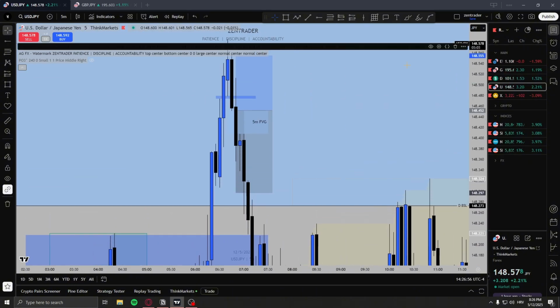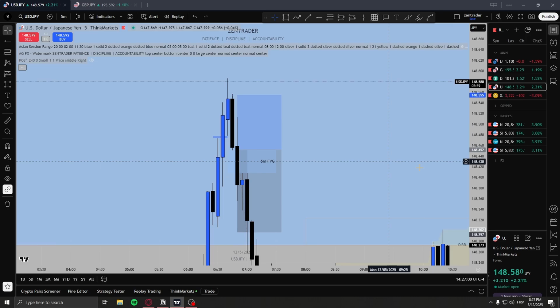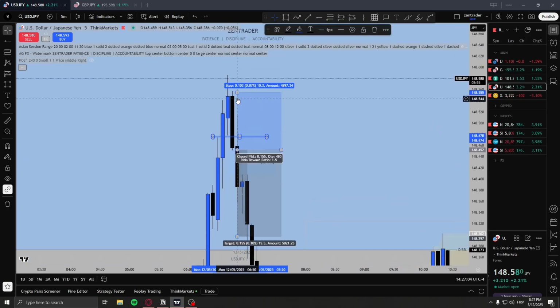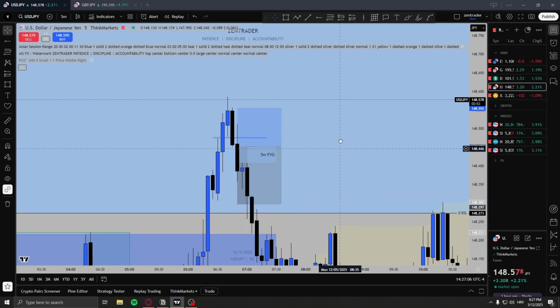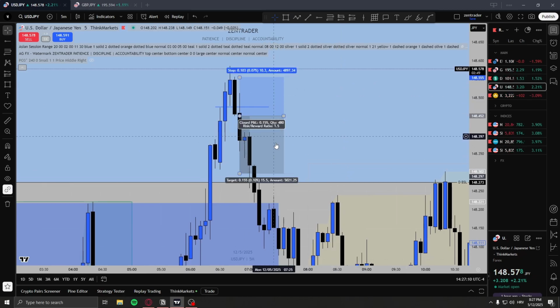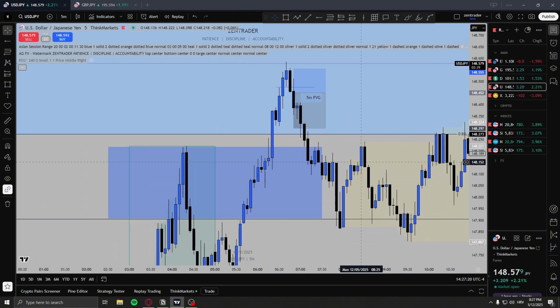So we reach into all of that, and we inverse this 5-minute fair value gap right here, and there I enter a trade. Since the range was very small, I put my stop above the bodies of the candles, targeting 1.5 RR, and as you can see, we hit. So in terms of the forex strategy, I'm ending in a small profit, and then in terms of the indices,